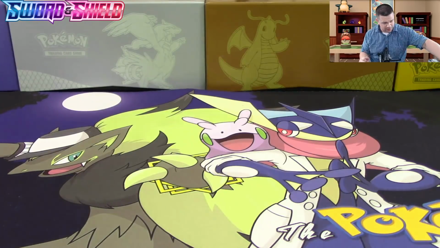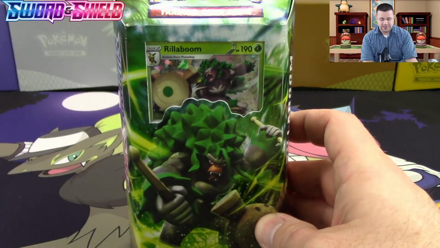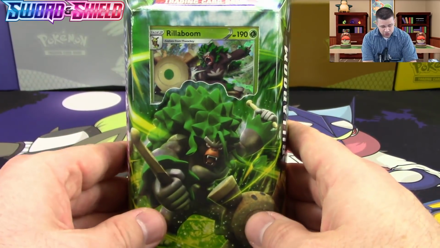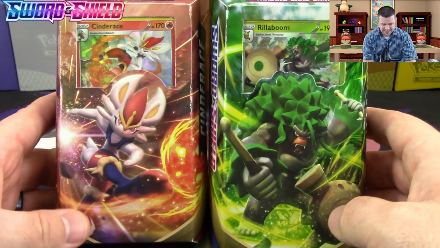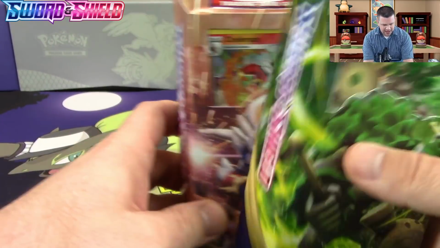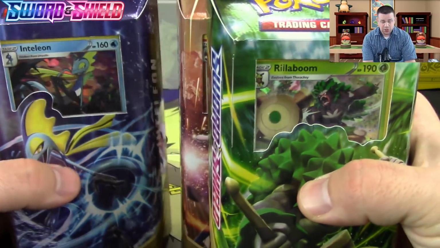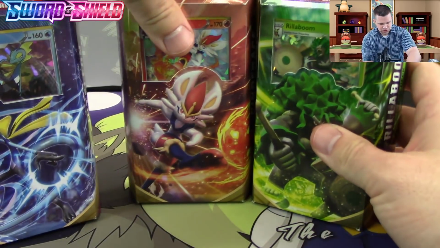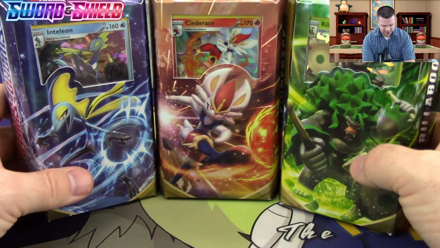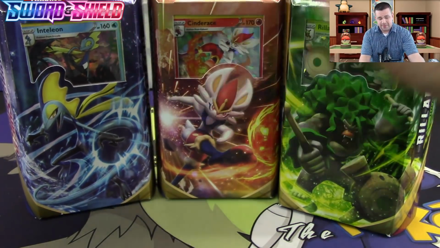So first and foremost, let's head down to the pack camera here in front of us, or the card camera. These are what Noel is going to be opening up on the channel sometime in the future. We have the theme decks, each and every one of them. We've got the Cinderace, the Rillaboom, and the Inteleon theme decks. So they sent these as well. And like I said, I want to give him a chance to film some stuff that was sent to us from Pokemon. So that will go up at a later date on the channel,